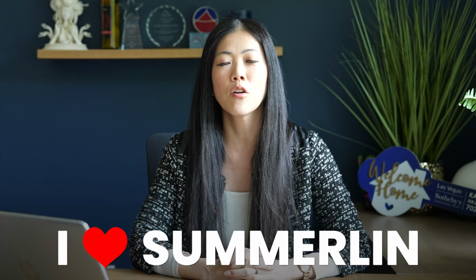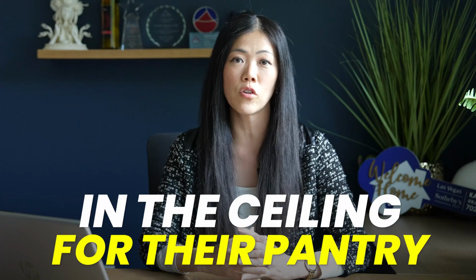I recently had a frame walk for my client in Summerlin. They're currently building in a brand new construction community, and what we noticed on the frame walk were two things in the pantry. First, there was only one recessed light in the ceiling for their pantry, and their pantry was relatively big. So I suggested it would be a really good idea to add another secondary recessed light in the ceiling. The second thing I noticed is that their electrical outlet dedicated to the pantry was located on the bottom